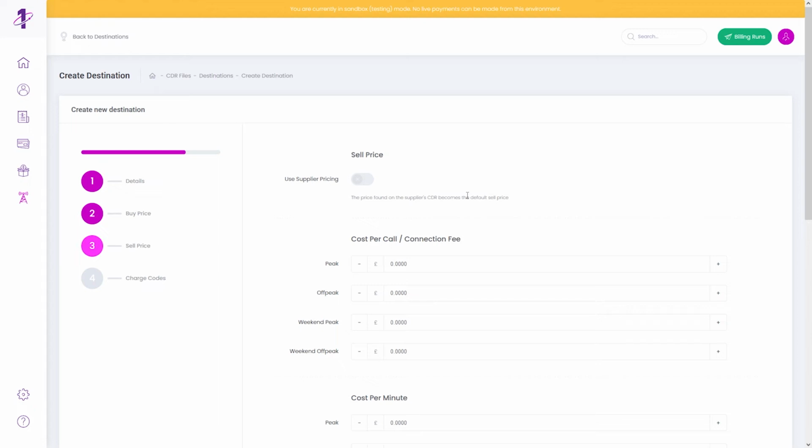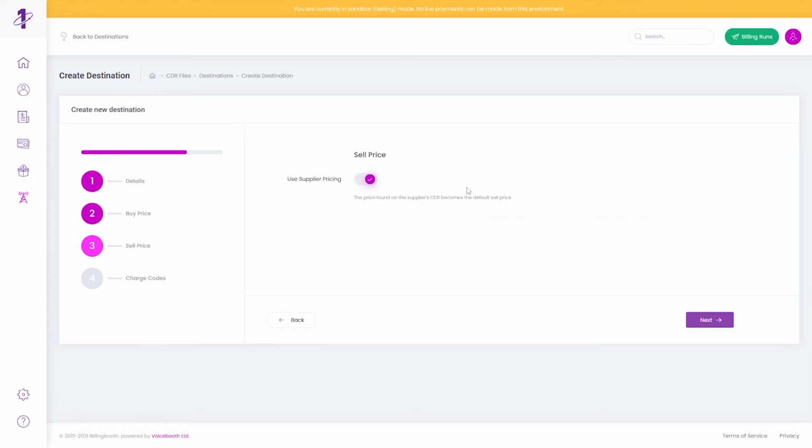It's worth noting, no matter which of these methods you choose, you will be able to add markup to this destination later by utilizing price adjustments if you need to. Once you're happy with your entered values, click the Next button to proceed to the last step,